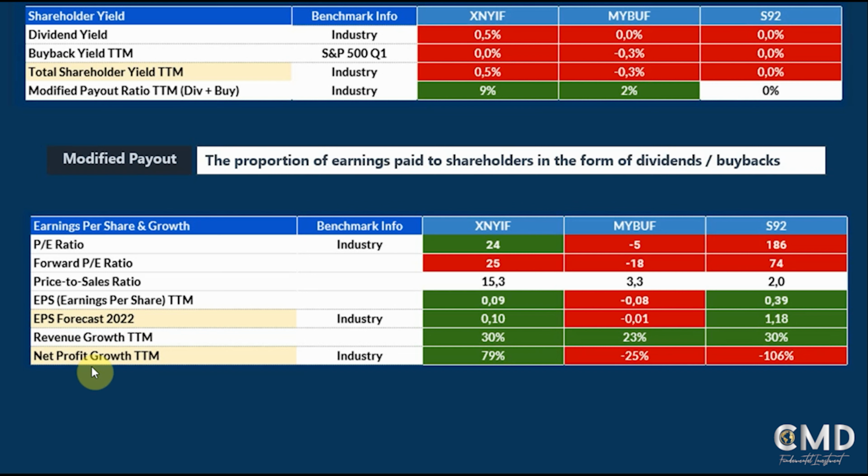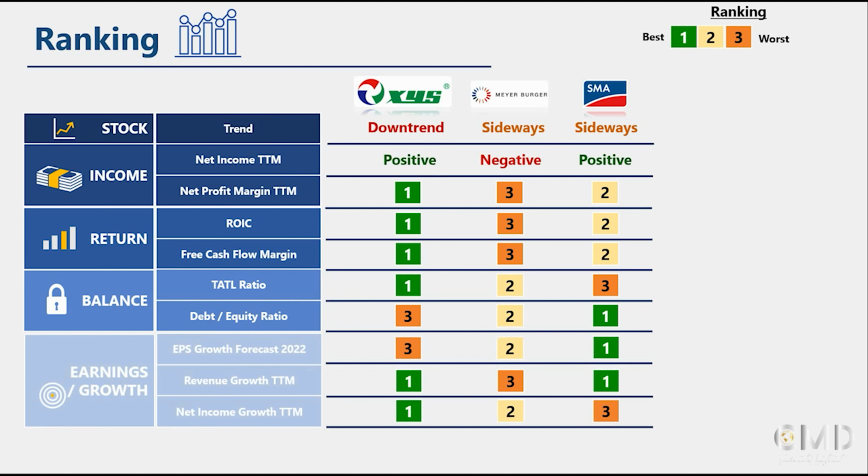On the net profit growth for the last 12 months, Xinyi Solar outperformed all the others, plus 79%. It's a really strong number that this company is delivering, and we are quite excited about it from what we have seen so far. Okay, so we looked at the earnings per share growth forecast for the next 2 years, and